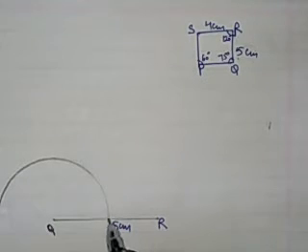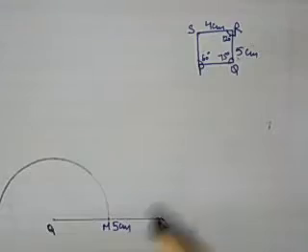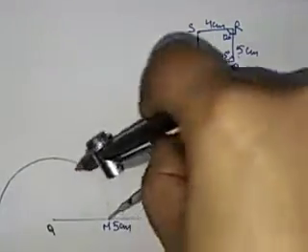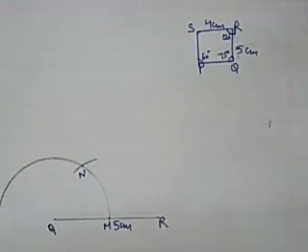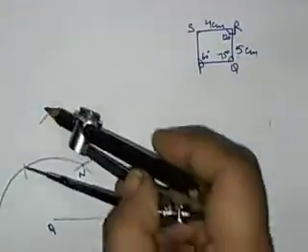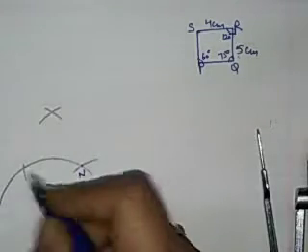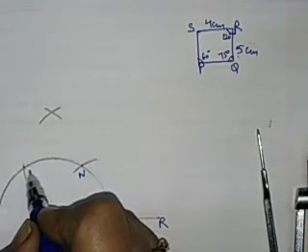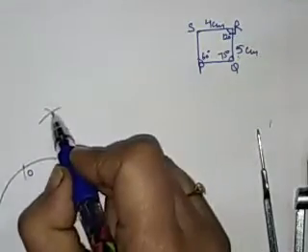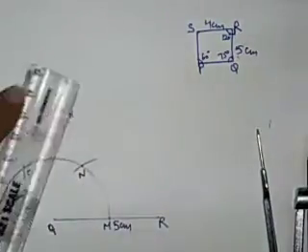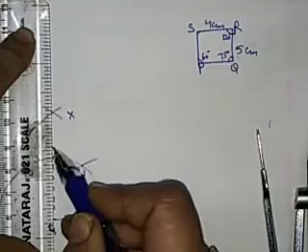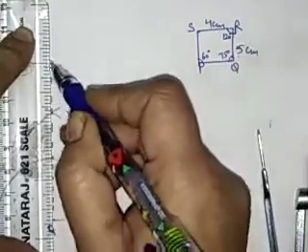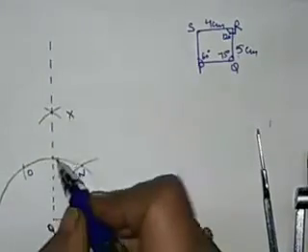Let them intersect at M. Without changing the radius, put the first arc, name this point N. Without changing the radius, put another arc, and by using these points you have to draw two arcs which intersect with each other to make the angle of 90 degrees. I would like to name it as O and this point as X. Now join QX, which is of 90 degrees, but it is not required in our construction. Basically I want 75, that's why I am constructing an angle of 90 degrees.